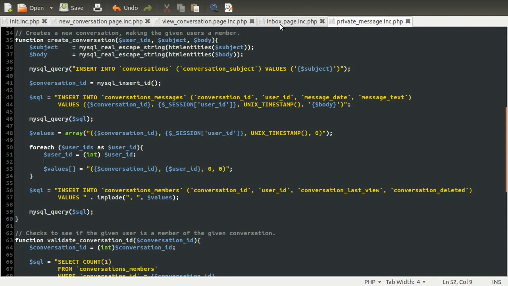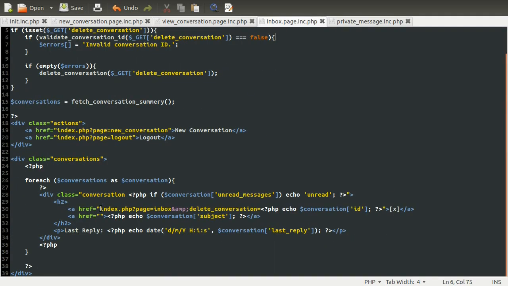So let's go ahead and create the view conversation page. So the first thing we're going to do is add a link here, because if you remember we left this blank as a sort of placeholder. What we want to do is have this link to the correct page, which is fairly obvious. So what we want to link to is index.php and page equals view conversation, I think. And we also need to specify the conversation ID, so that the view conversation page knows which conversation data to load. So we're going to specify another variable called conversation ID, and that's going to be equal to